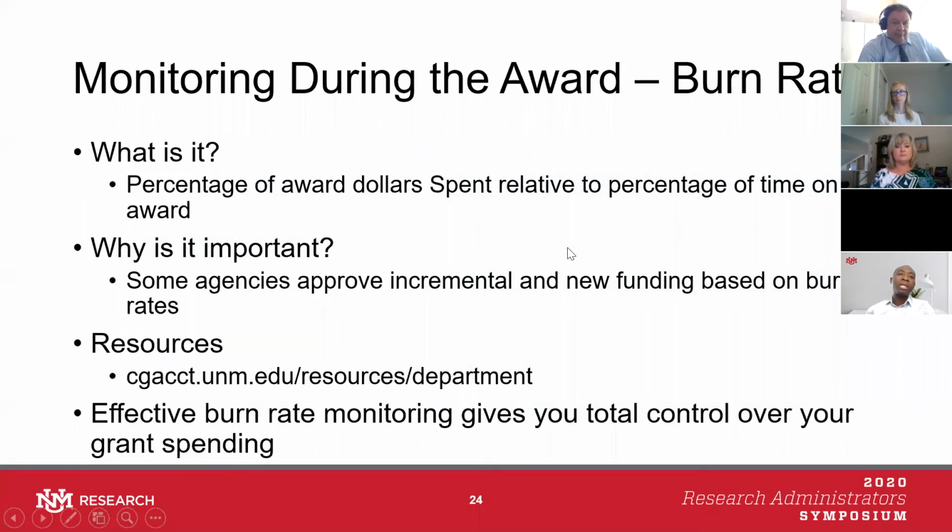Another tool that we think is beneficial for award monitoring leading to closeout is a burn rate. And what is that? It's a percentage of award dollars spent relative to percentage of time on the award. This is important because sometimes, especially with federal awards, if they want to give you additional funding, they want to make sure that at least you are spending what they've currently awarded you. But more importantly, what I see